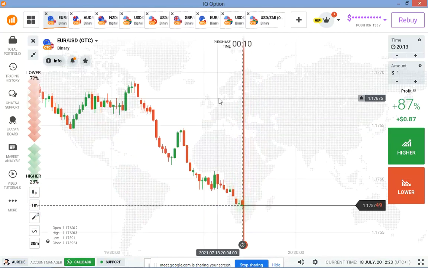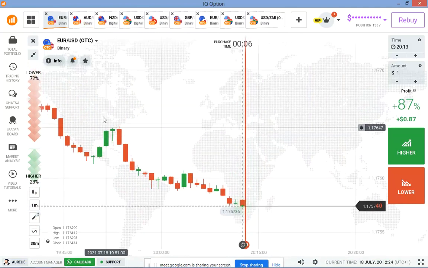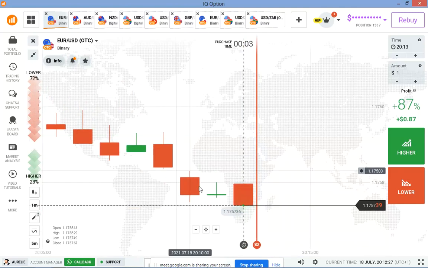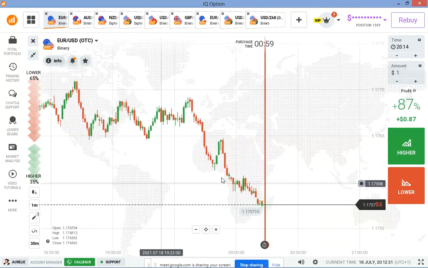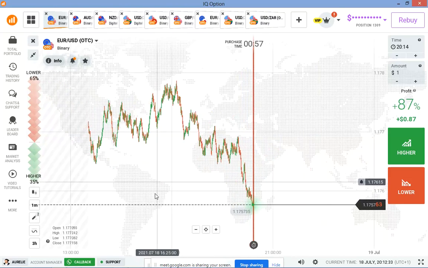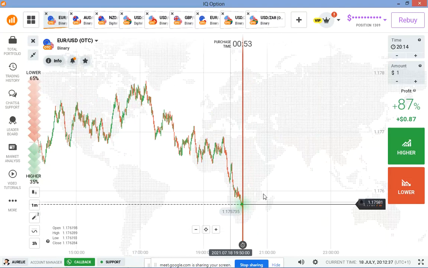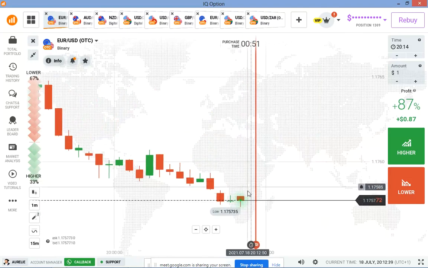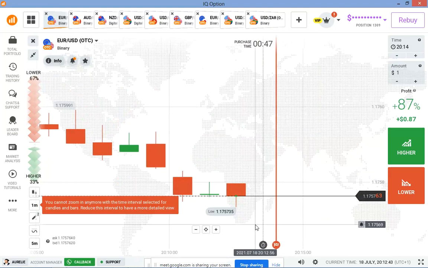Let me find a market that doesn't have enough. Yes, if you look at this pair now, if I'm the one trading, I'm not going to take any trade here because I didn't have enough information on the left side. What happened on the left side? If I see information on the left side, I'll be able to know how to predict the next candle. But here, I might decide to go with buyers, but sellers still entered.